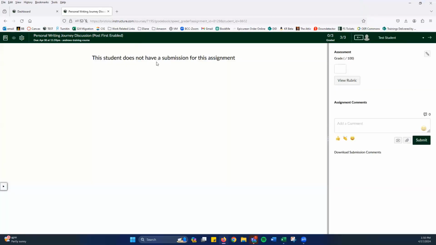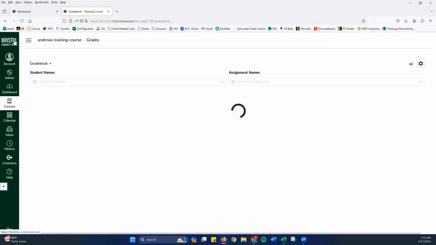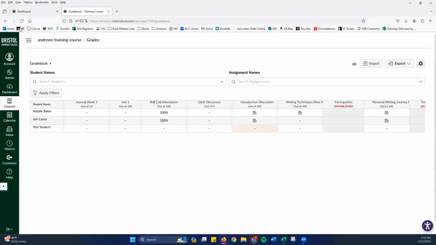Now you'll notice that this student doesn't have a submission. So just these two have. This one is grayed out because they didn't post. And if I'm in SpeedGrader and I click that little gradebook, it brings me into the whole gradebook. Then I could go to that discussion that the student didn't post to, and I can say right here,